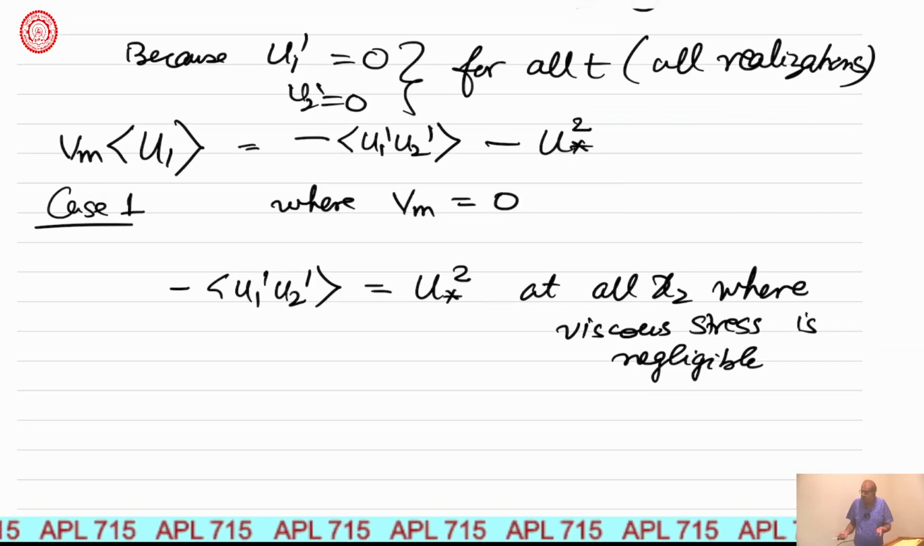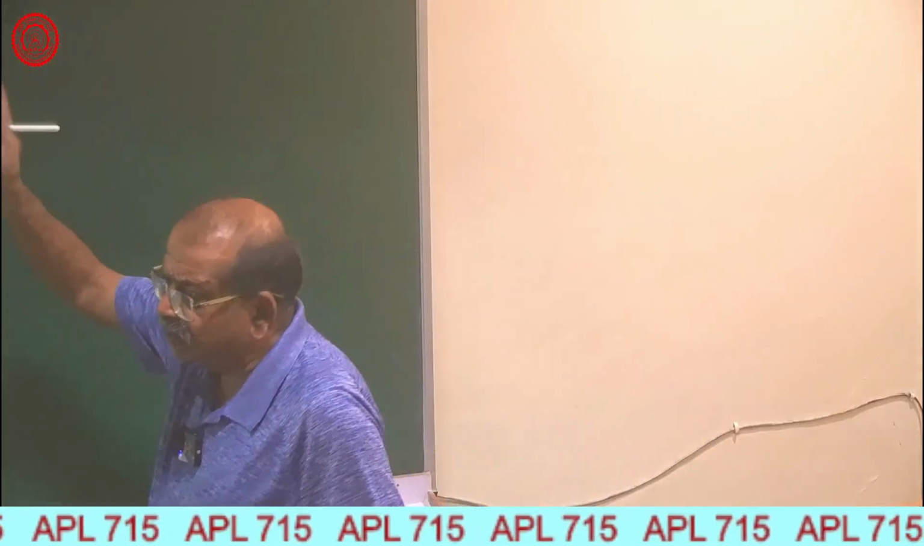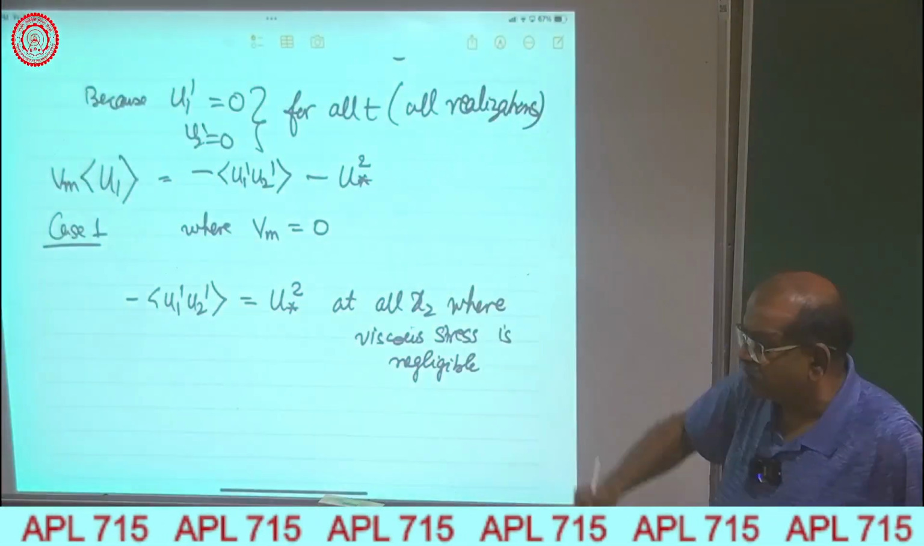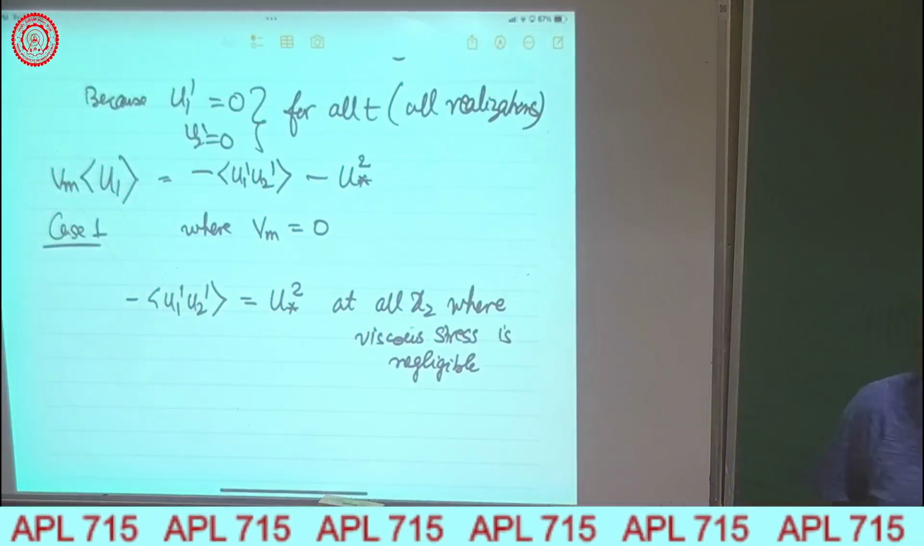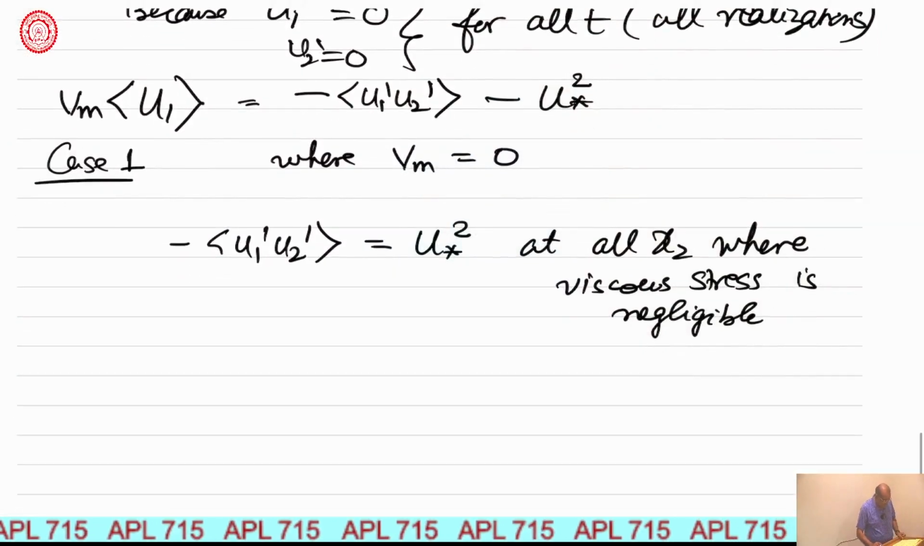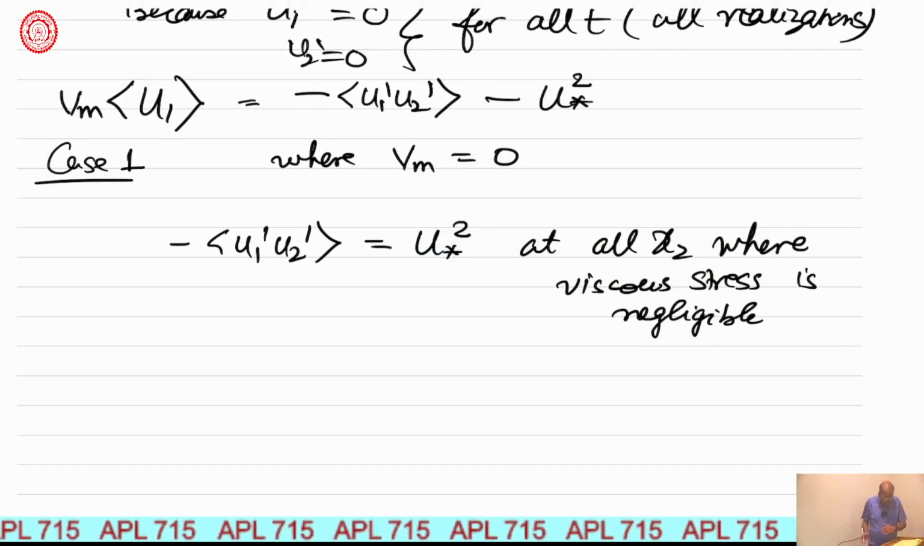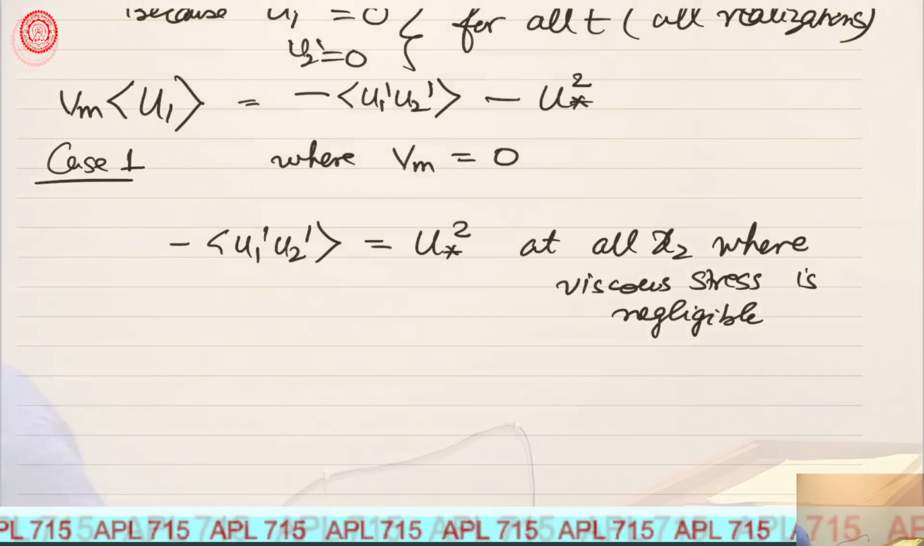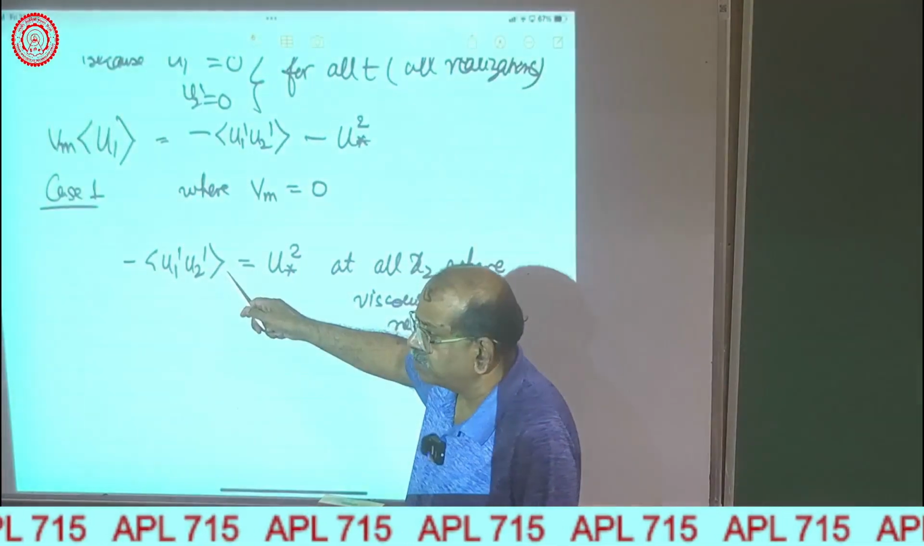Yeah, they are negatively correlated. That we have already discussed. I think we said that the coefficient between u1 prime and u2 prime is a negative correlation. So, okay. Now, that means this u1 prime u2 prime was supposed to be a function of x2